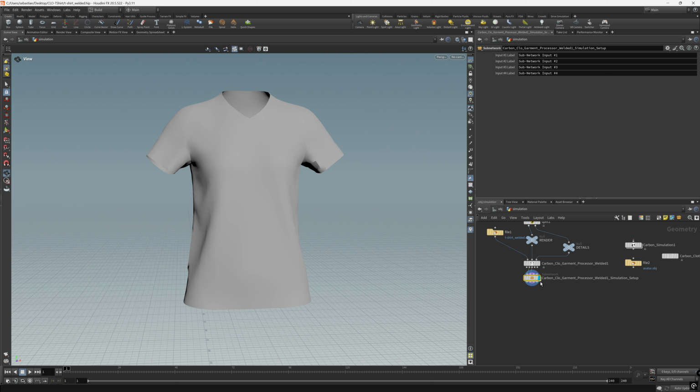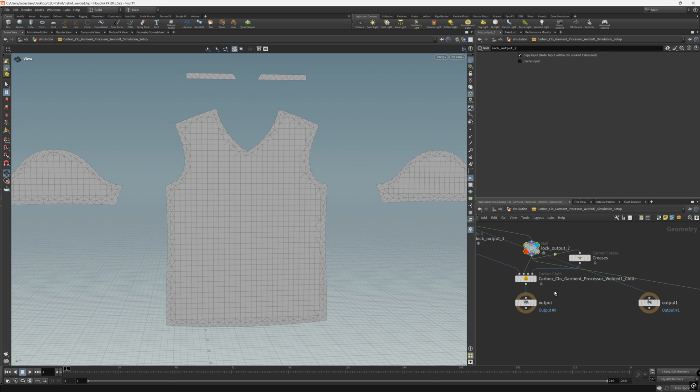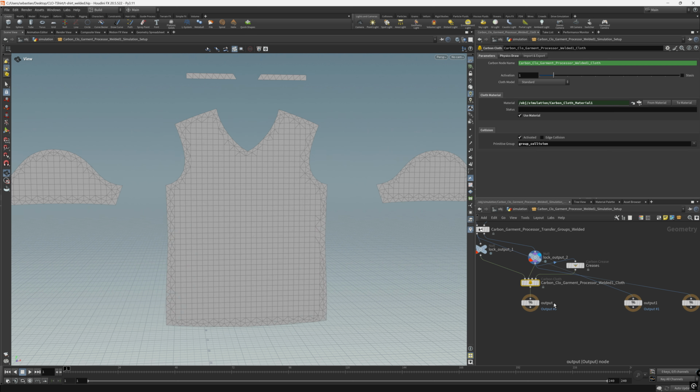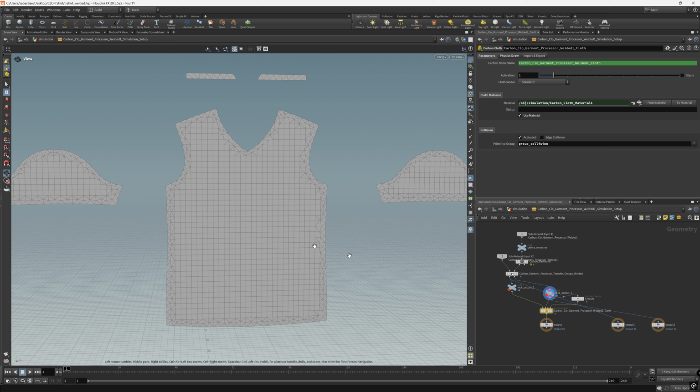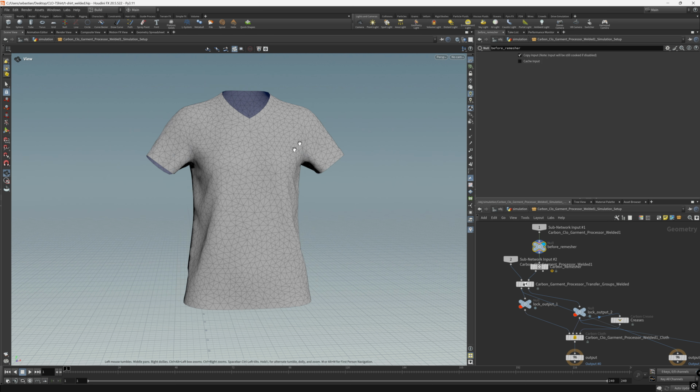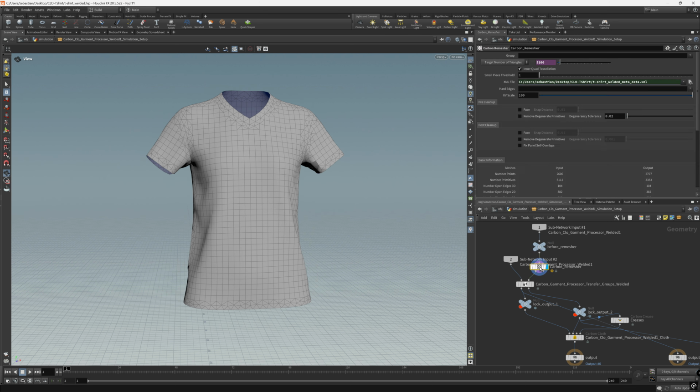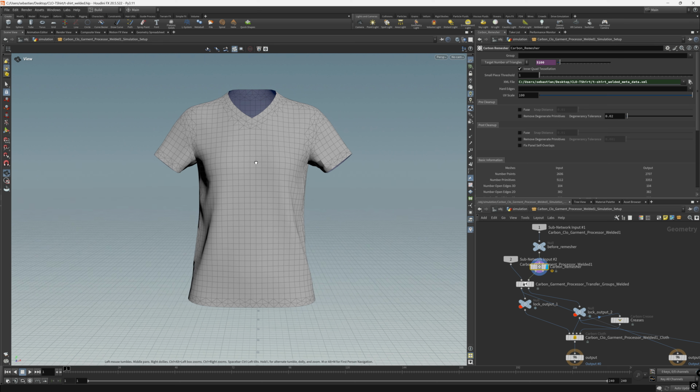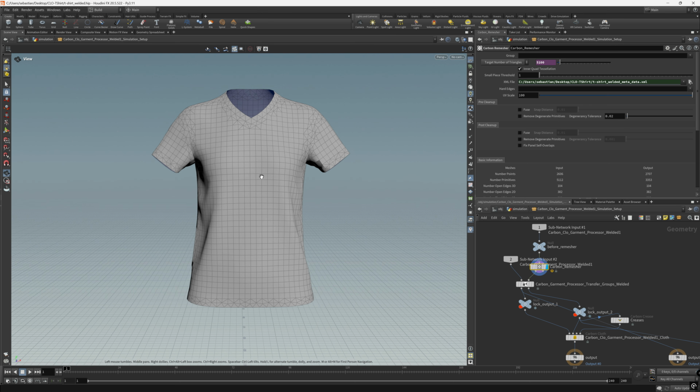This will create a new network here, which is named based on the Carbon Cloth garment processor name, and it will inside have the one cloth that holds the welded mesh. So what happens here under the hood as well is it takes the original geometry and it creates a remeshed geometry using the Carbon remesher. The Carbon remesher takes geometry, provides a new geometry as an output, which is friendly and suitable for Carbon simulation